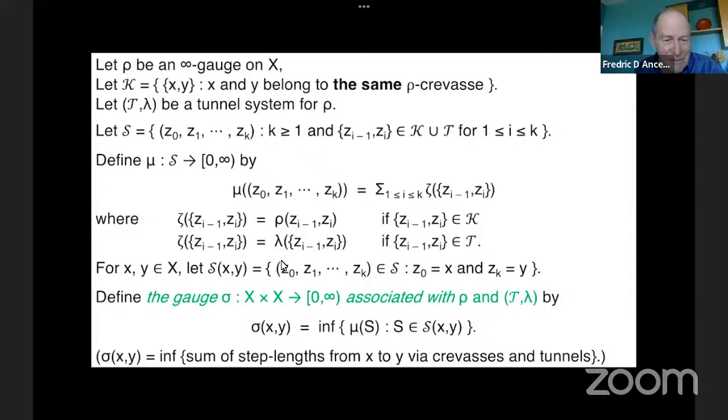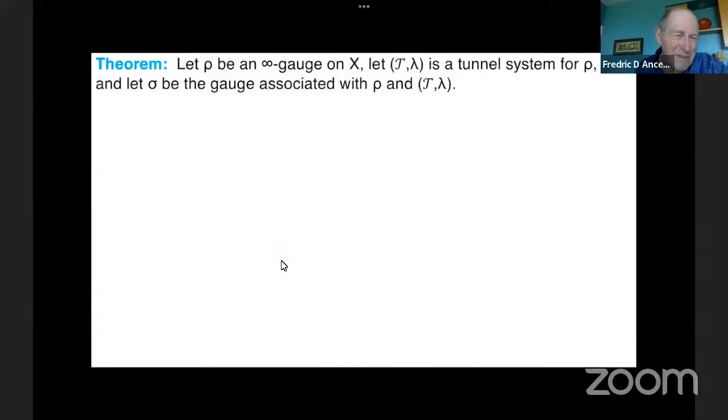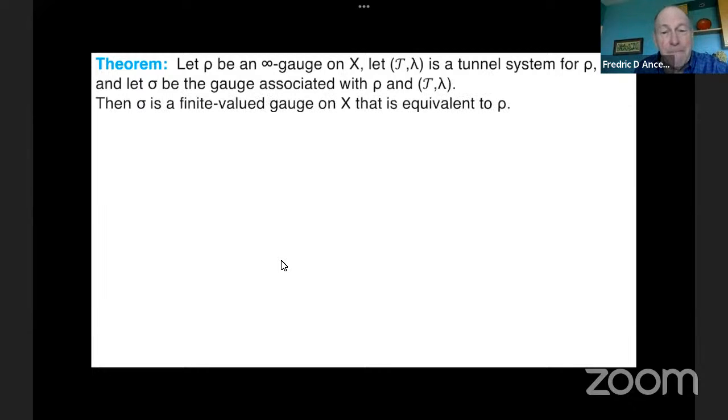And then I'm calling the results a gauge associated with the original infinity gauge in the tunnel system. And then it's not hard to prove that if you start with an infinity gauge in a tunnel system, you end up with a finite value gauge. And that finite value gauge gives you the same topology as the original